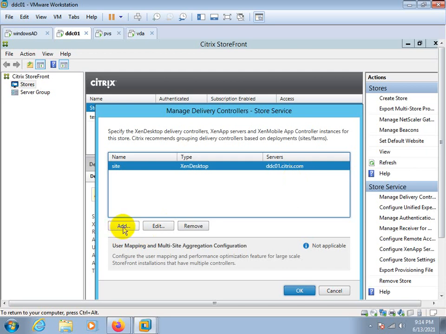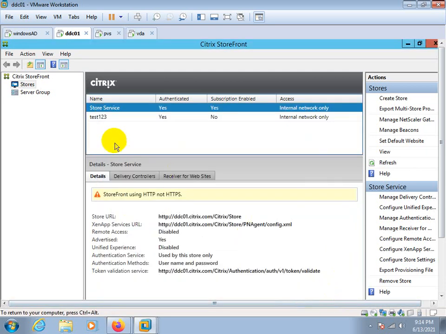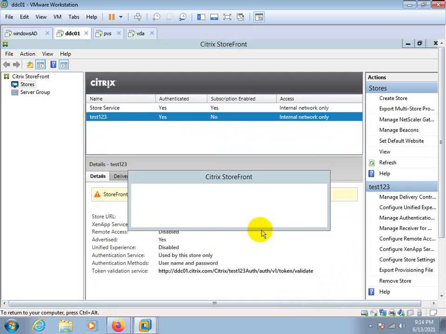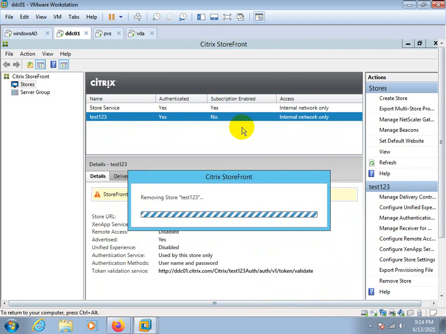Okay, if suppose I want to delete this, I can remove this store. This is the method to remove it, or if you want, I can configure one more store to show you.